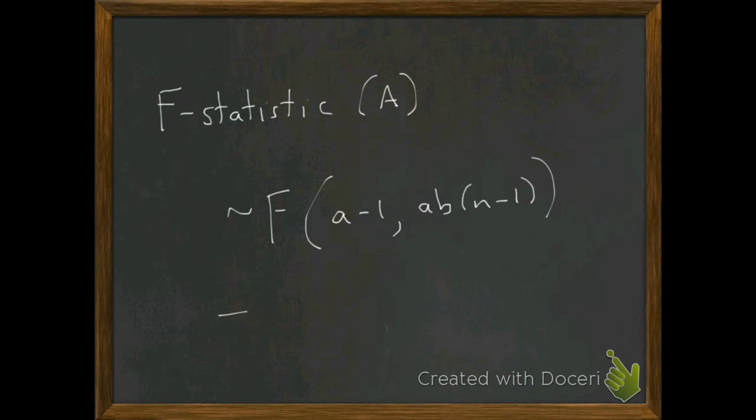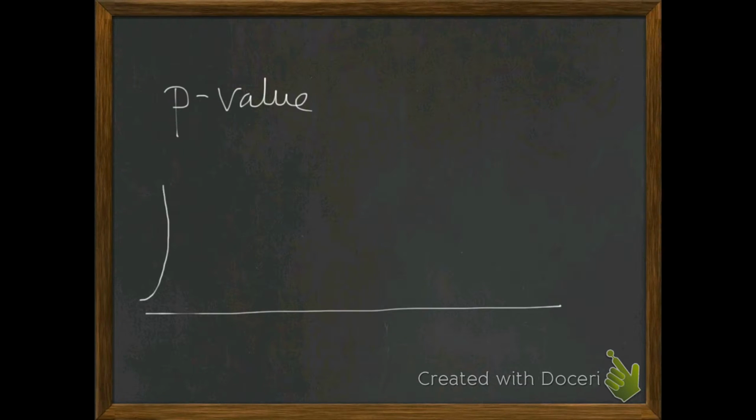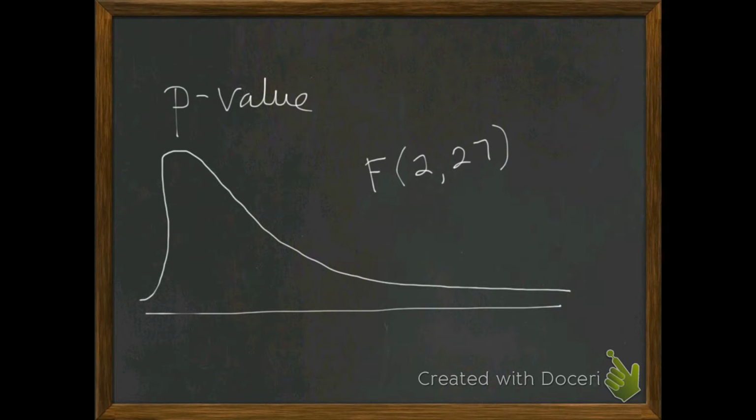So in our situation, this is going to be F of 2, 27. I think, right? Yeah, F of 2, 27. Now, and again, our F statistic is 10.46. So our p-value is going to be really easy to calculate here. So we're making our calculation from the sampling distribution, the F distribution, degrees of freedom 2, 27, and we need the area to the right of the curve